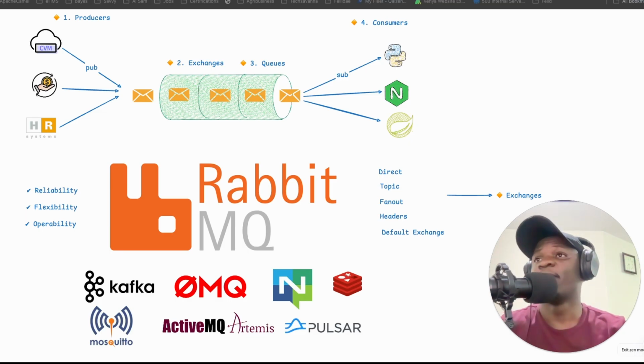So among the many available options, you have Apache Kafka, NATS, ActiveMQ, and we have Redis also. Sometimes people use Redis for queuing, though it's best for caching. And also we have ZeroMQ, Apache Pulsar, Mosquitto, and so many other platforms, like Google Pub/Sub and Microsoft Azure Service Bus, and stuff like that. So we have so many. Some are open source and others are